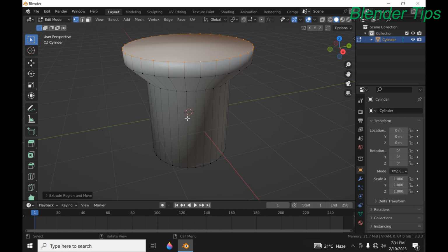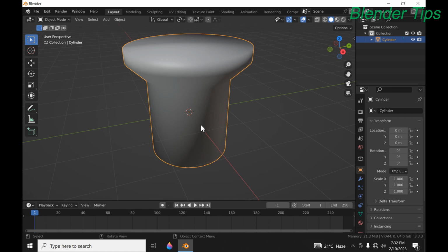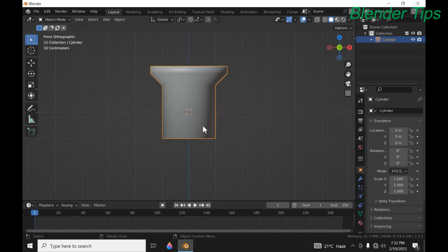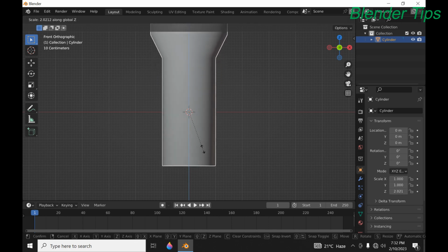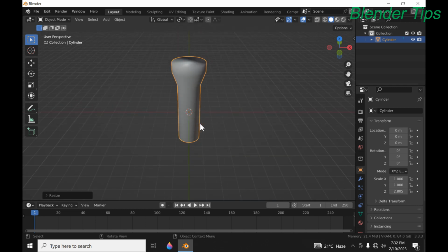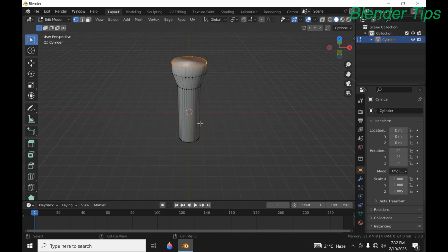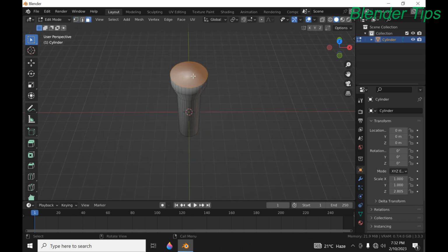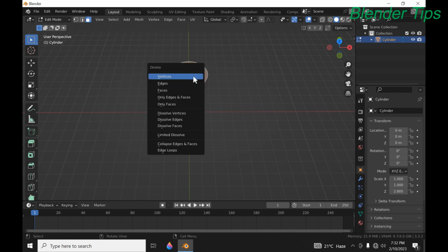Press Tab to enter into object mode and scale along Z axis. Then again press Tab to enter into edit mode. Press 3 or click here to select face mode. Select this face. Press delete to delete this face,